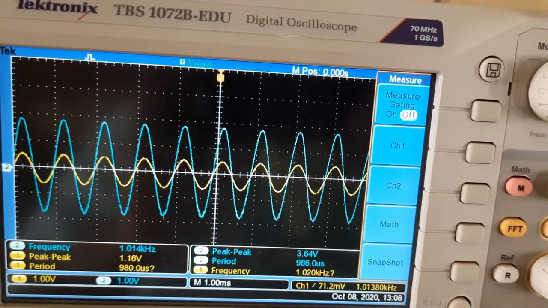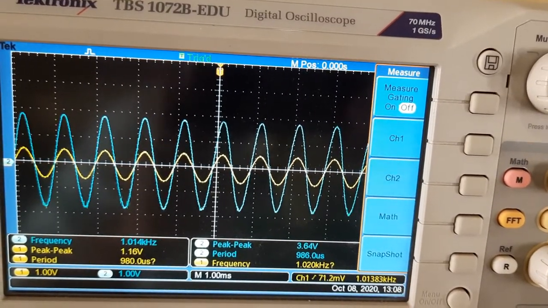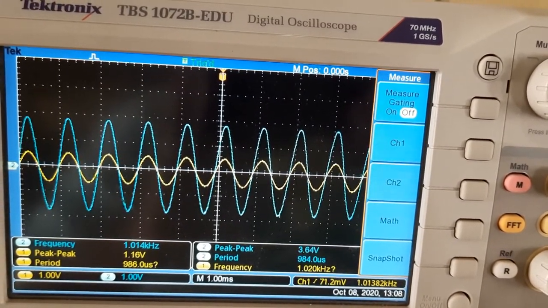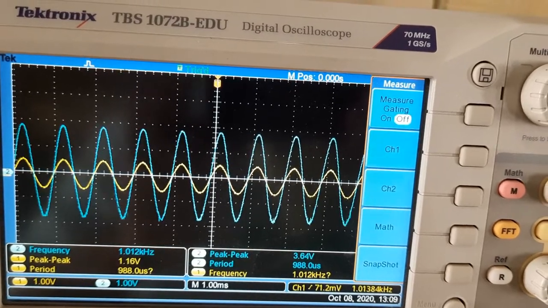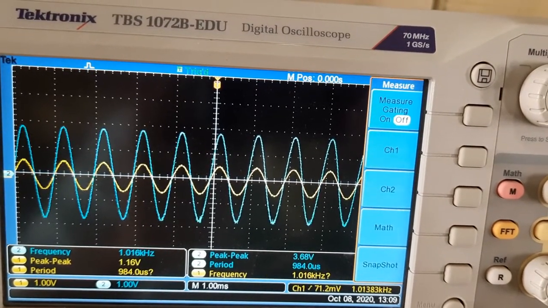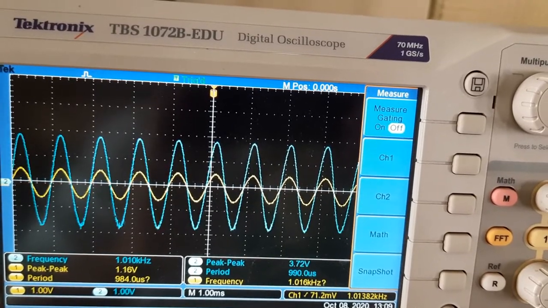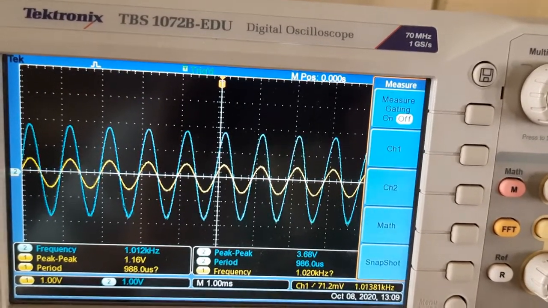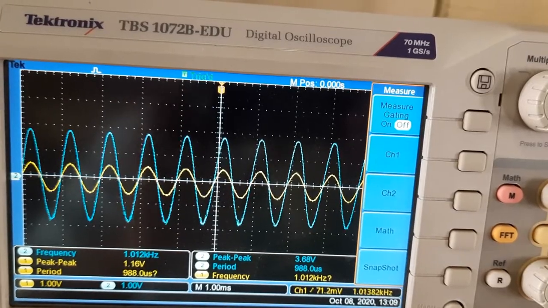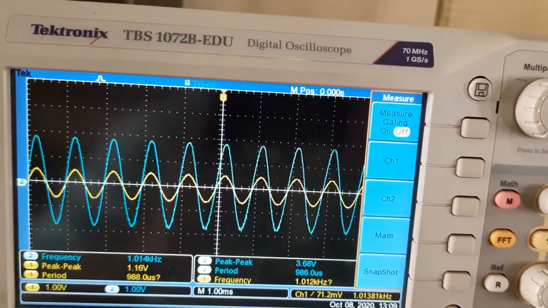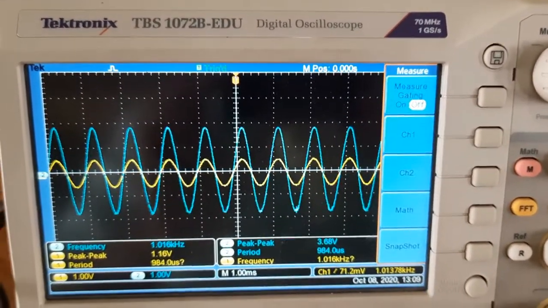Let's see the gain calculation. Output signal peak to peak is 3.64 volts and input signal peak to peak is 1.16 volts. Then take output signal peak to peak by input signal peak to peak, that is the gain provided by the connected amplifier.